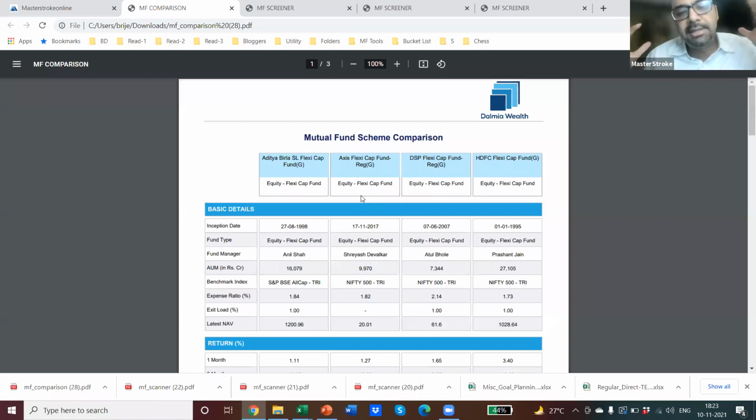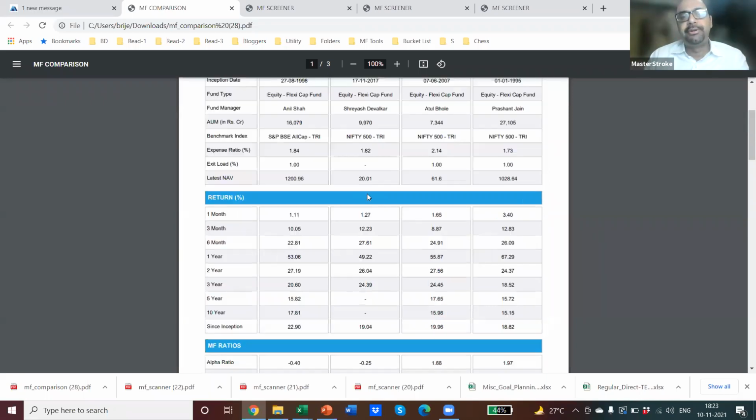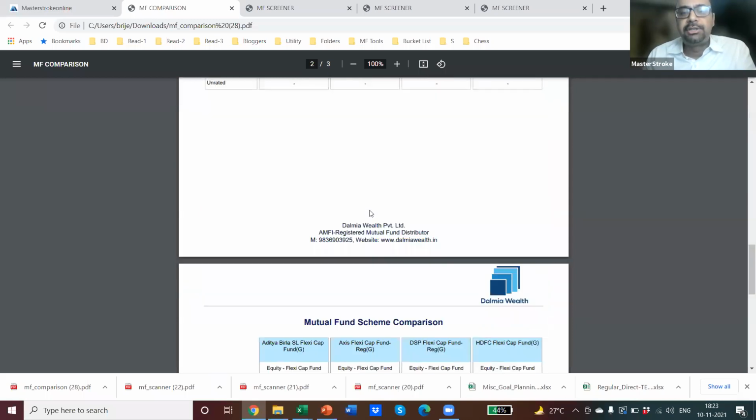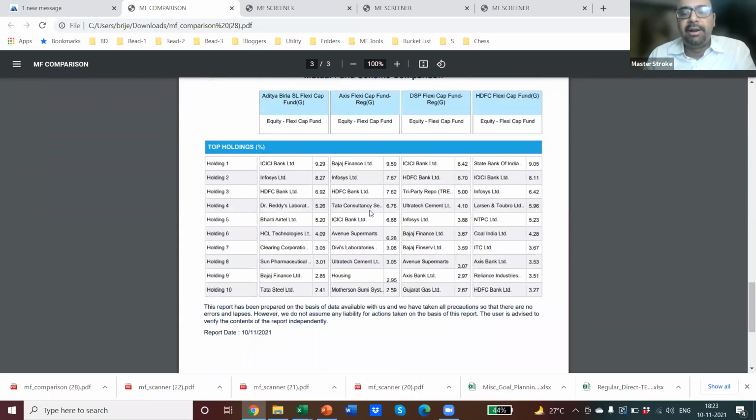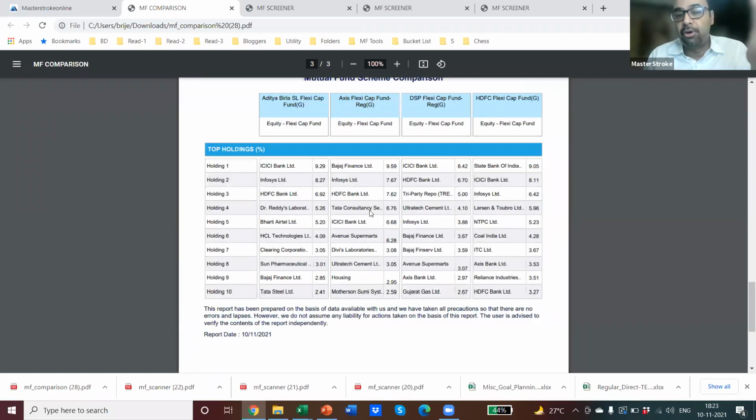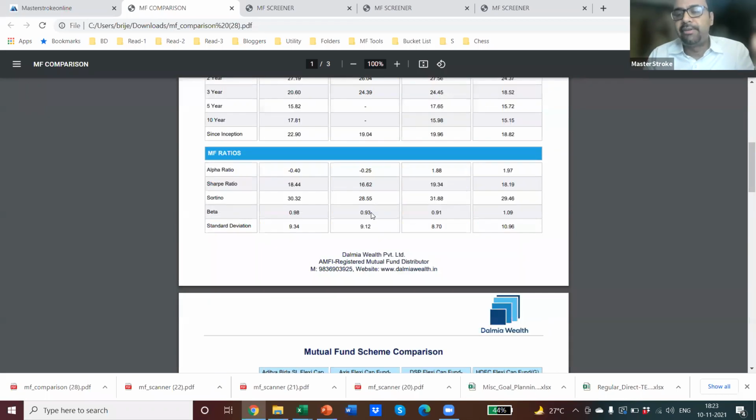And imagine the business or the engagement you will have with your clients. It's all in your personal branding, the way you want to customize it. This is the kind of report. I have seen that investors and clients want to deal with people who are capable, professional, and have all the software to do the calculations and provide exceptional reports. I want your opinion in the chat box. Do you like this report? Yes or no? Is it good or not? This is the report you can give as a comparison.